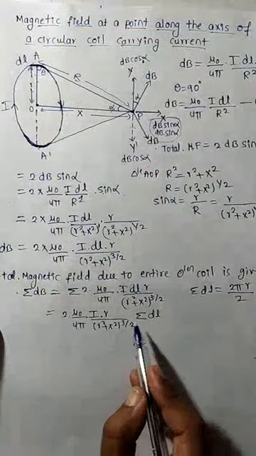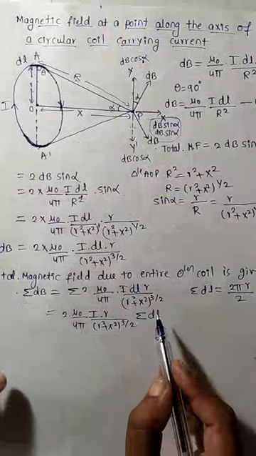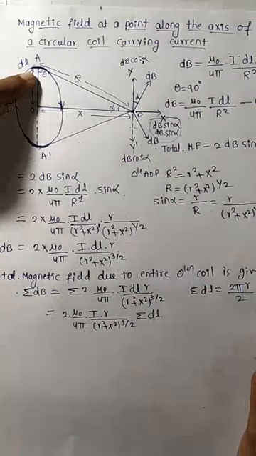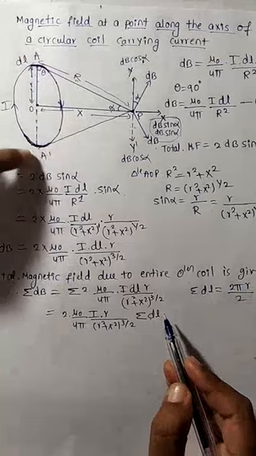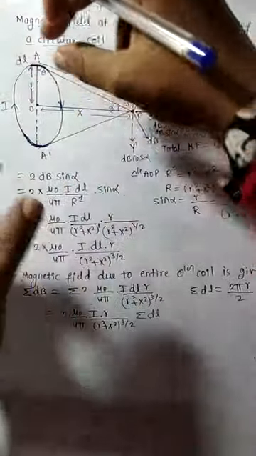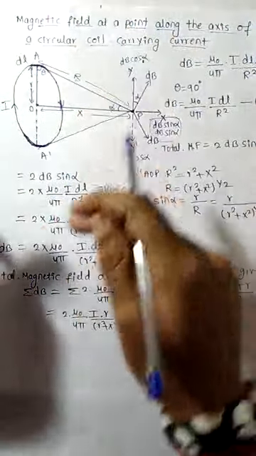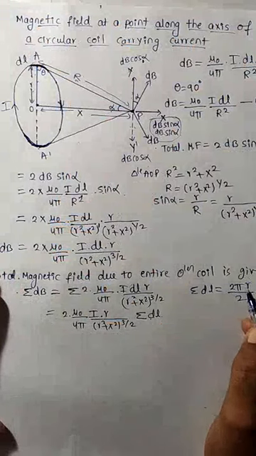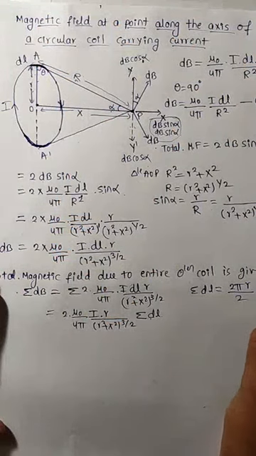Now like that I want to find the total. If it is one circular coil, only due to A, then we will get only 2 pi r. But as it is due to two circular coils, the summation of dl, means like these circular elements we will add, so only we will get half of the circular coil. That's why 2 pi r divided by 2, we will get nothing but pi into r.